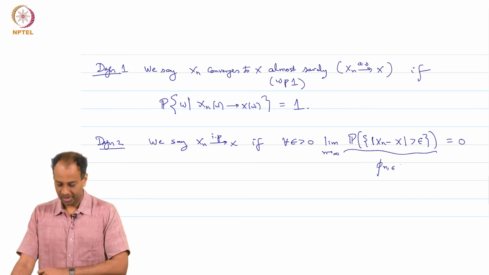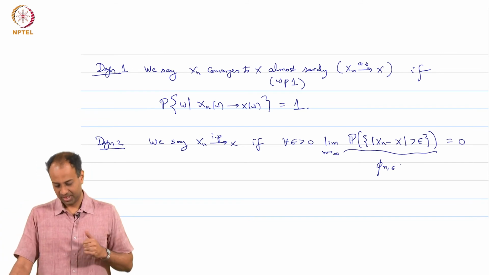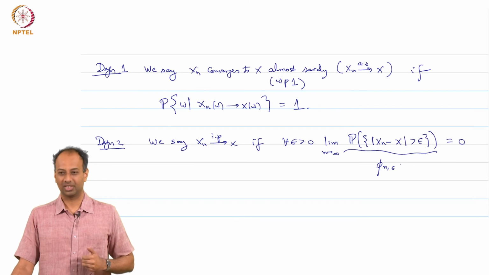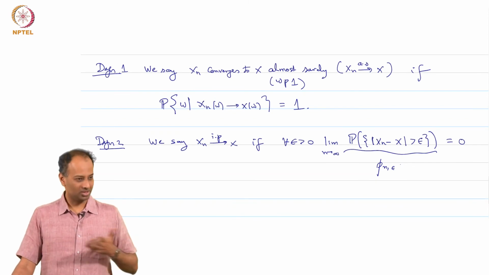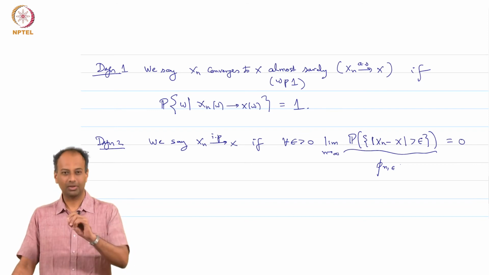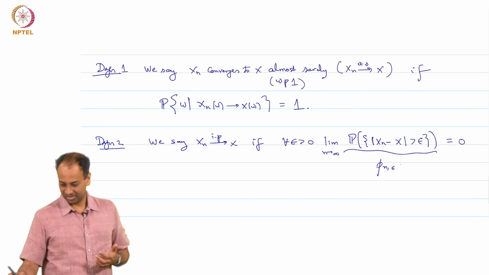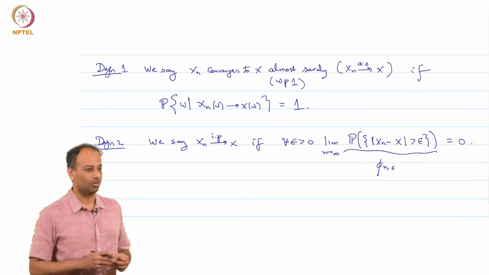So, a better terminology for this would be to say that the sequence of probabilities converges, as opposed to saying the sequence of random variables converges, because this sequence of random variables may not converge, okay. It is just the sequence of probabilities that is converging, okay, but the terminology is convergence in probability, okay.